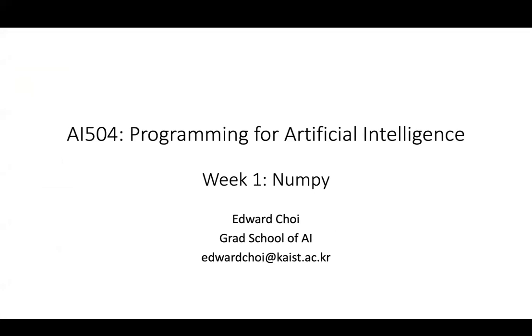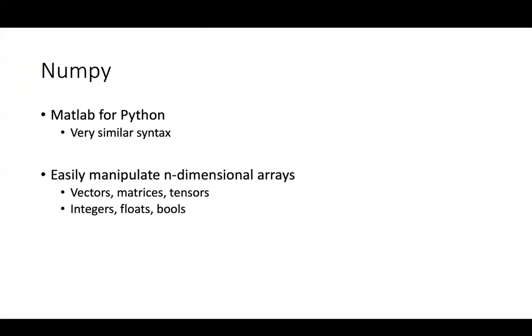Today it's NumPy. NumPy is kind of like the foundation of all matrix related stuff that will come after. So scikit-learn and PyTorch are all built upon NumPy. You can think of them as a MATLAB for Python. I'm pretty sure most of you have used MATLAB during your undergrad. So it's very similar. The syntax is very similar, and it's a Python library that lets you easily manipulate n-dimensional